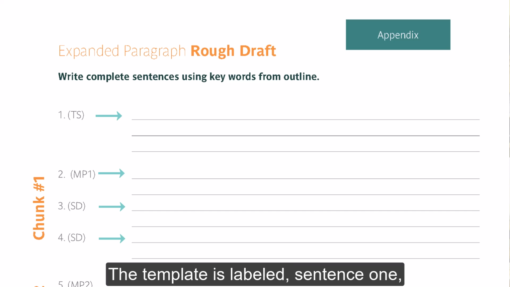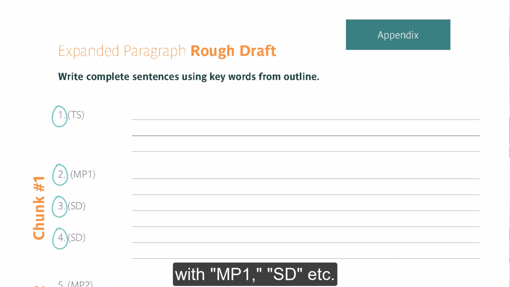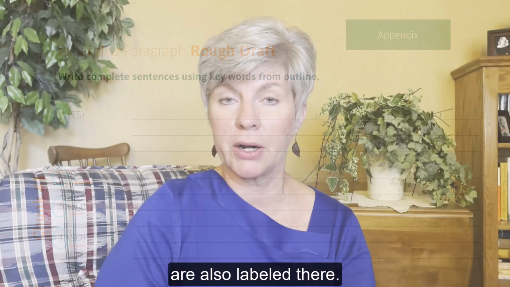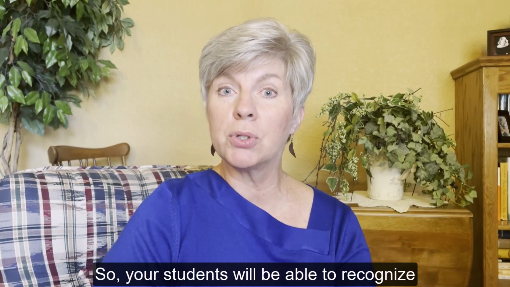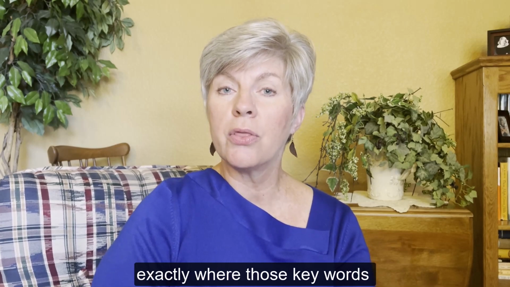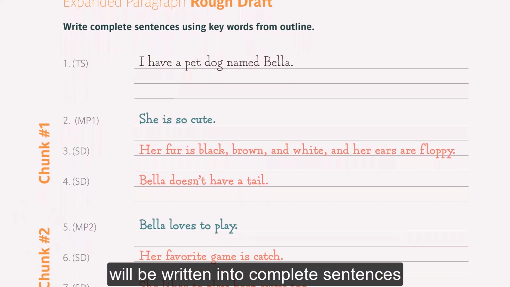The template is labeled sentence 1, 2, 3, 4, etc. It is also labeled with MP1, SD, etc. So main points and supporting details are also labeled there. So your students will be able to recognize exactly where those keywords will be written into complete sentences on their